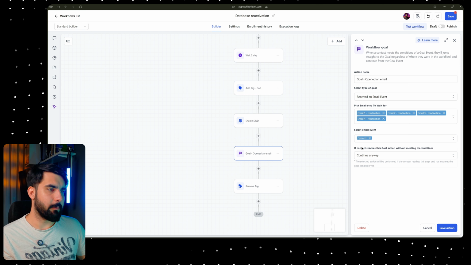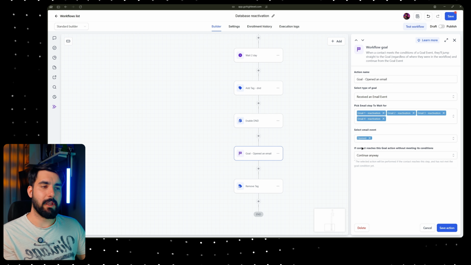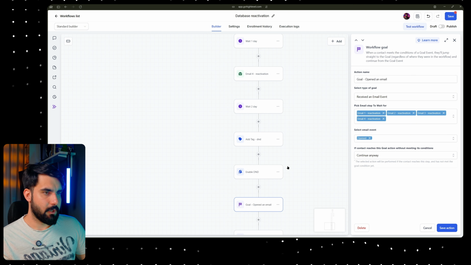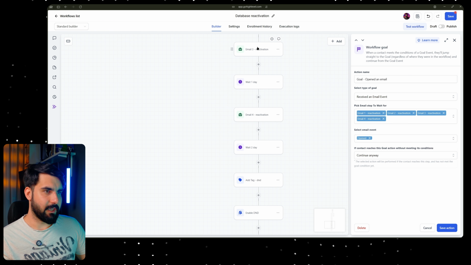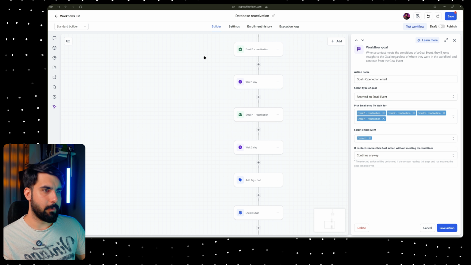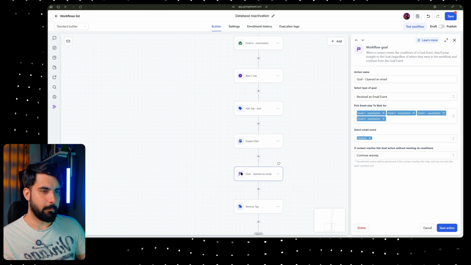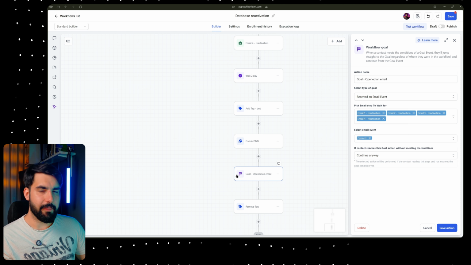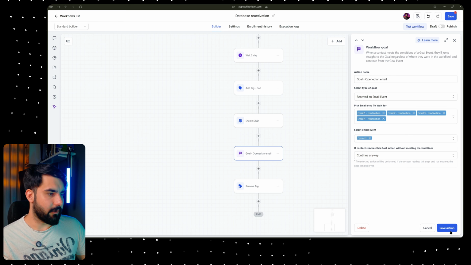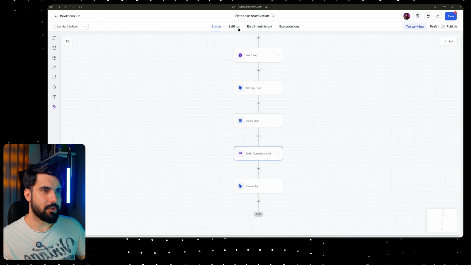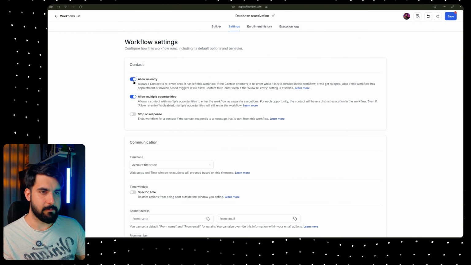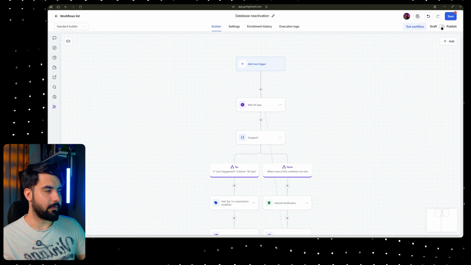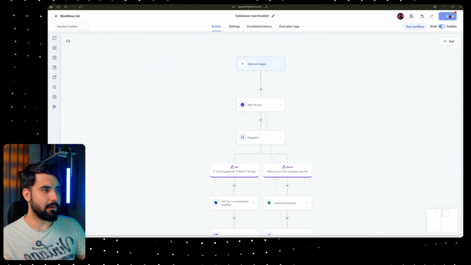Then the goal step makes sure that if someone engages, they're actually marked as engaged, and then it just removes them. So what happens is, say I engaged right here, I would be skipping all of the steps till the goal, meaning I won't be removed and I won't be getting any other emails. Then I remove the tag and that's it. So click on save action. One more thing to double check is to make sure it allows reopen,